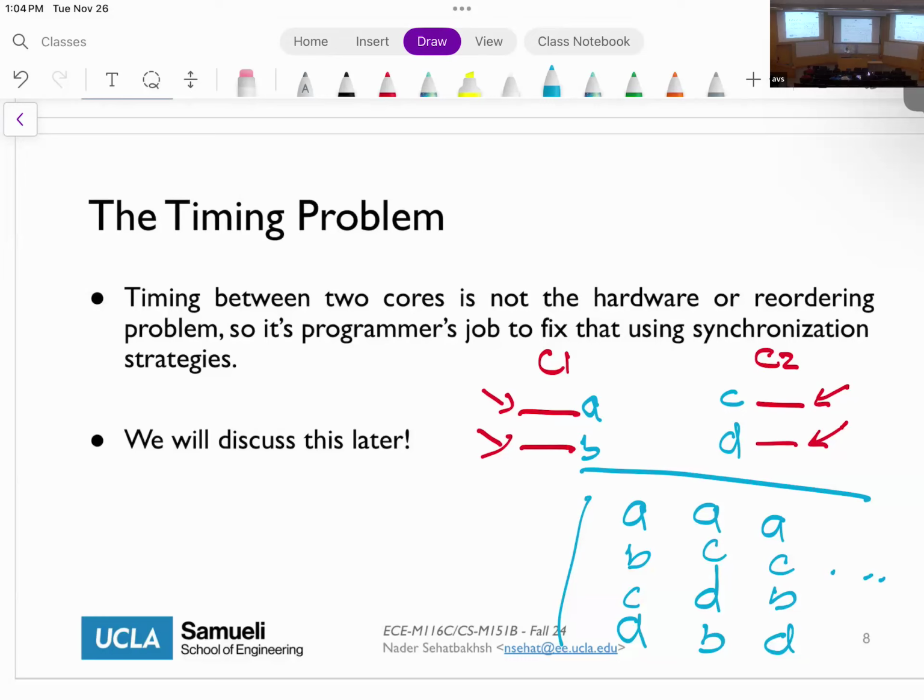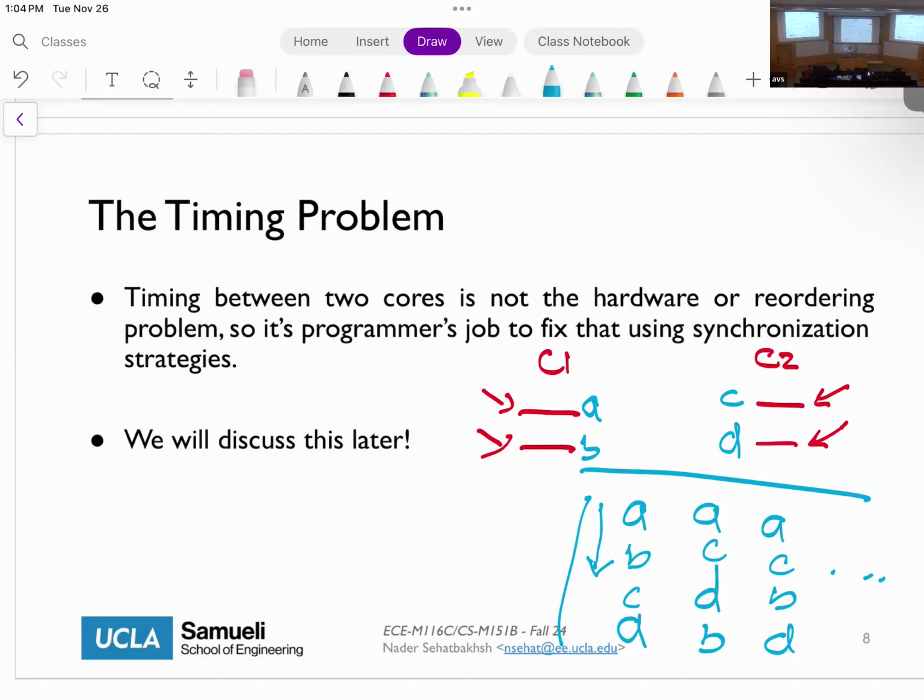So for example, let's say that you write a code that has to work this way. You want to somehow ensure that A and B happen first, and then C and D. So you want to have some order between the cores. There are primitives that you can use to do this. You're probably familiar with barriers and semaphores and locks and mutexes and so on and so forth. These are the tools that we can use in order to ensure this, and we're going to talk about it in this lecture.